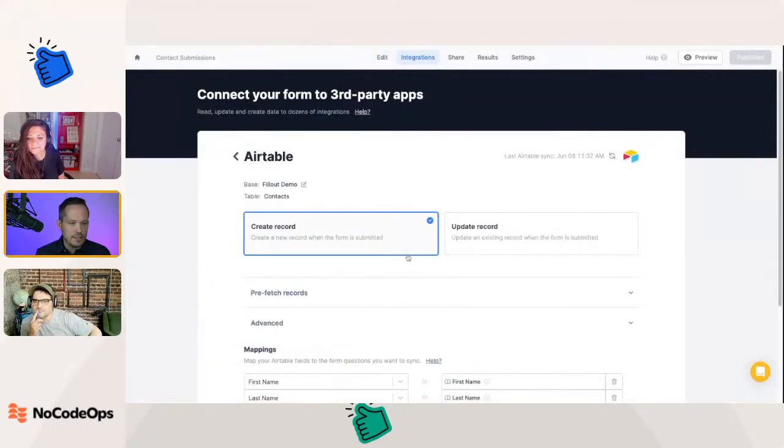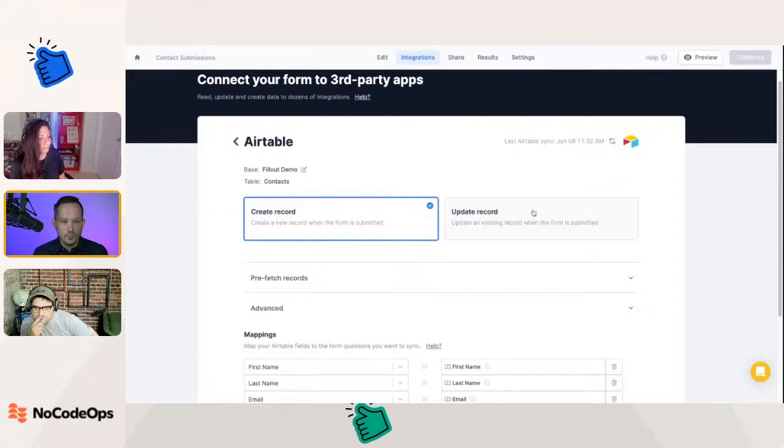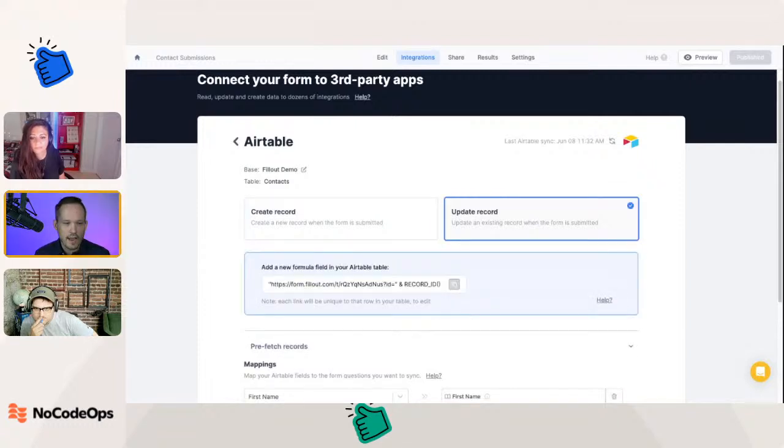Yeah, so if we click into Airtable here, we can choose to update that record, right? So one thing that we could do is choose from an existing record. It's going to update, and it's actually going to pull back their previous responses as an option here. So we could go ahead and update that. That gives you the formula, but it's actually going to pull back their phone number and previous questions and stuff